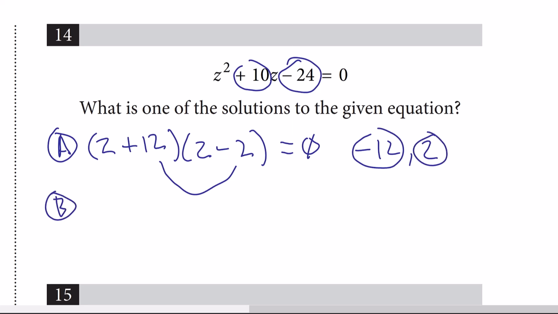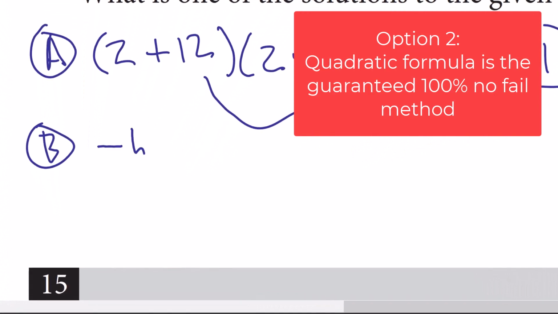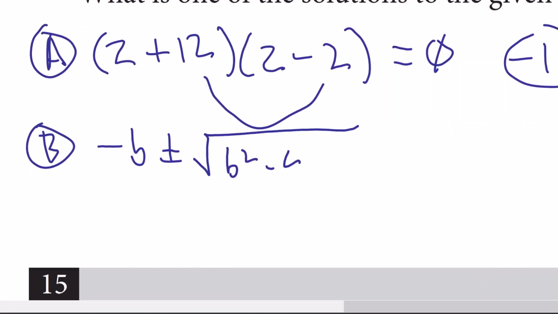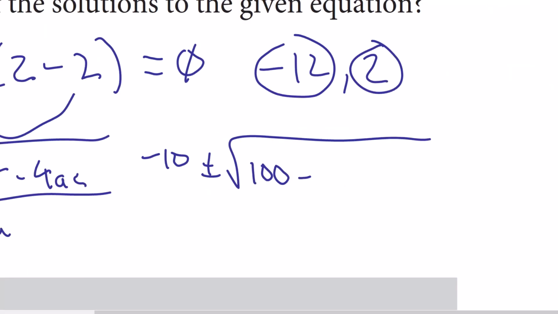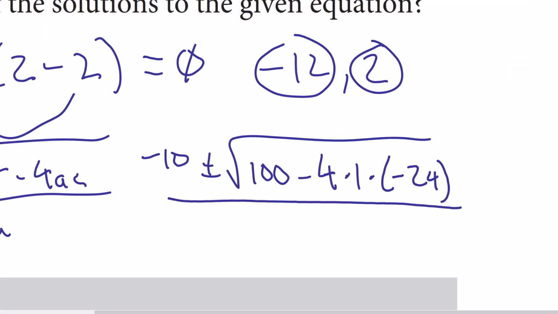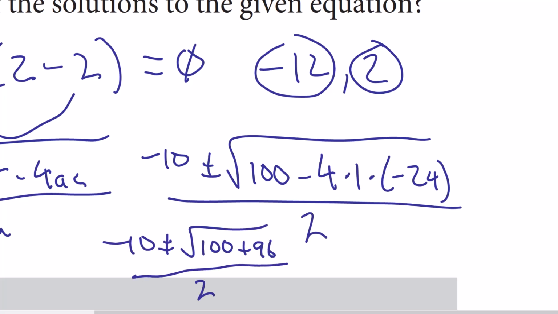surefire method, it's the quadratic formula. So negative b plus or minus the square root of b squared minus 4ac over 2a. You don't have to go through the whole factoring thing, so it's going to be negative 10 plus or minus the square root of 10 squared minus 4 times negative 24, all over 2. So that's going to give you negative